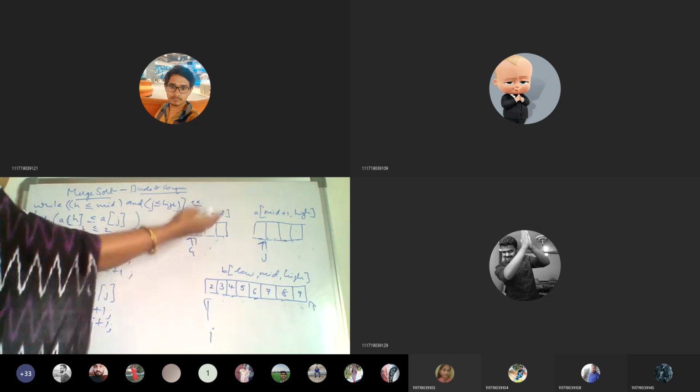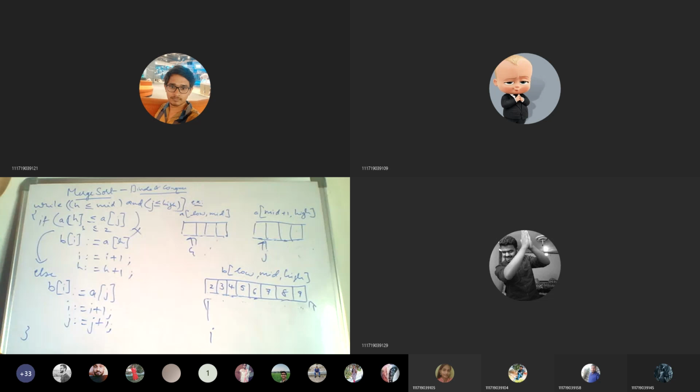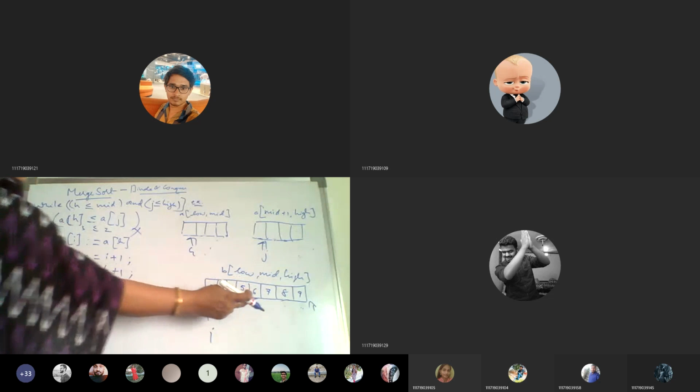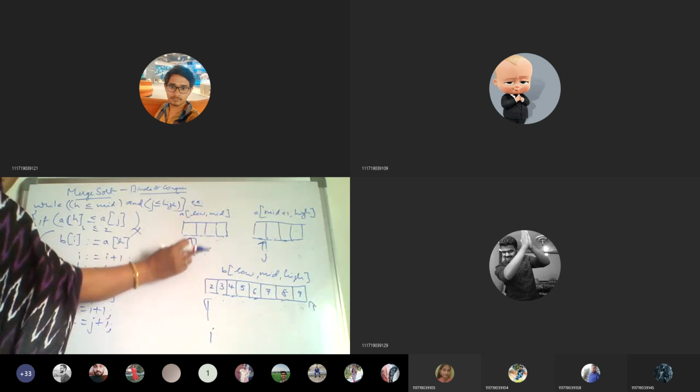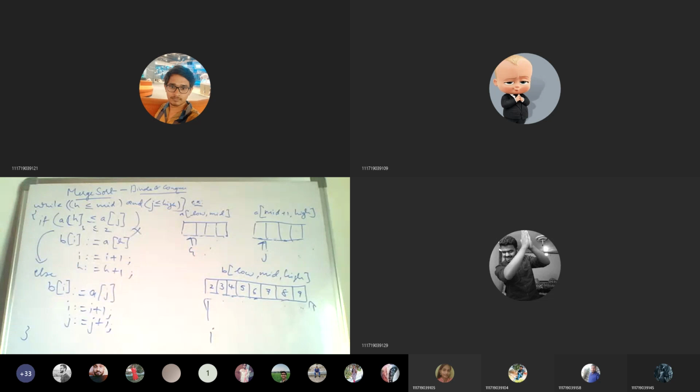So here we took four elements. Suppose you have all the elements from J only initially, 2, 3, 4, 5, 6 values you got from J only, and that limit is over and the remaining elements are in A. At that time, what do you have to do? You have to copy the elements of H into the auxiliary array. Okay, so let's write the algorithm now.